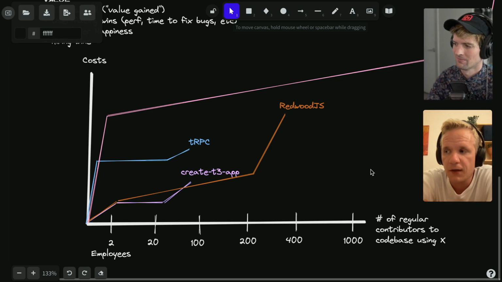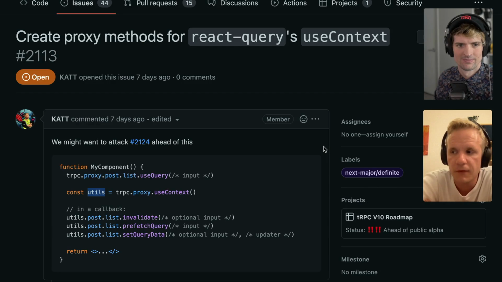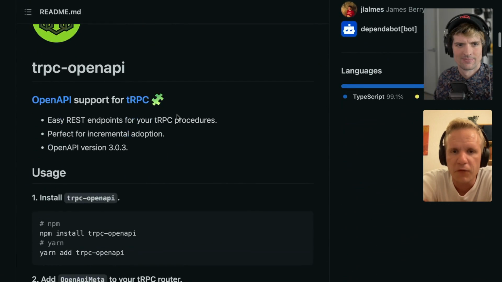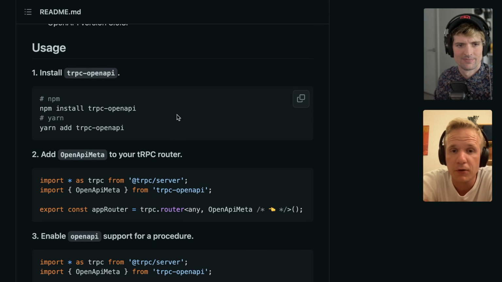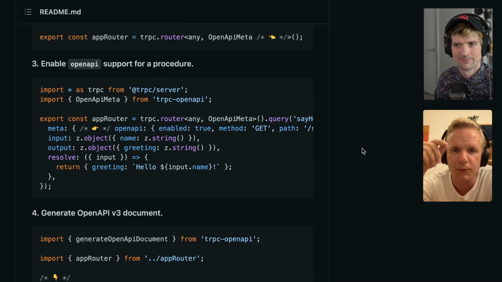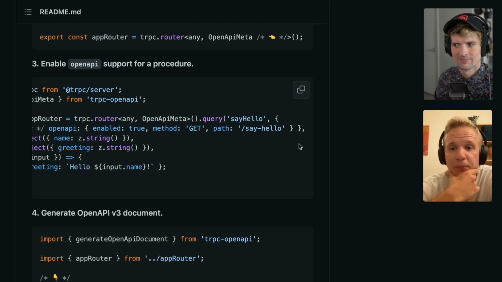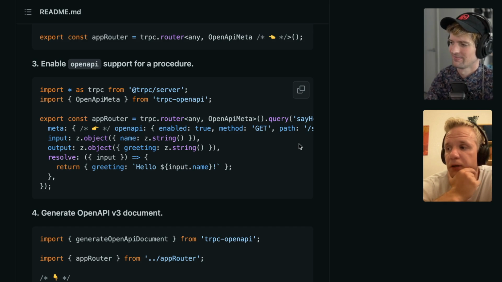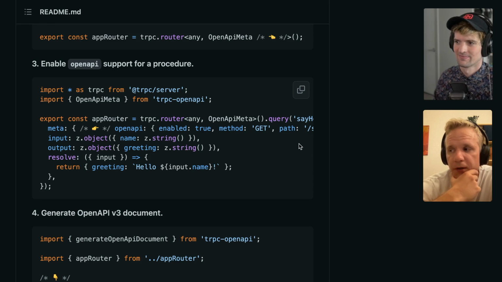It allows you to build an OpenAPI spec based on your tRPC backend, you can jump to that. I think code explains it better. The only thing you need to really define extra from what you do normally is that you also have to define an output schema. You need to add a few extra meta fields, like where does this endpoint actually live in the OpenAPI spec, and what is the output of that, so the OpenAPI schema can know what is going to come out of it. But then after that, you just get an OpenAPI spec that you can use in other languages,